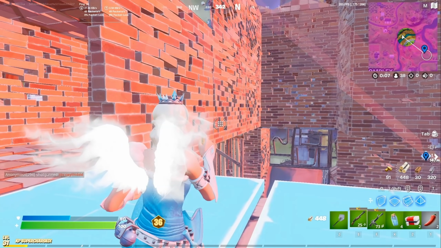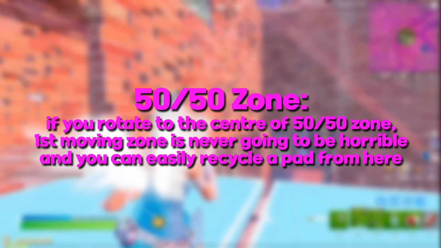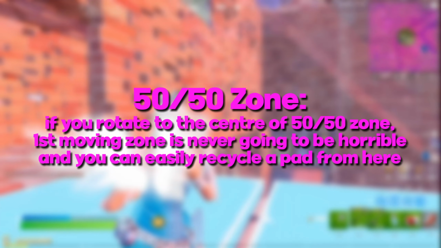So this right here is why I actually think it's better to land in the center of zone. Obviously, if you land on the edge, you have a somewhat chance of actually getting zone straight back, and you can have really good games as well from there. However, if you land in the center, no matter where zone goes, it's not going to be that bad. Obviously, it's going to be somewhat difficult to rotate, but it allows you a way higher chance of recycling a